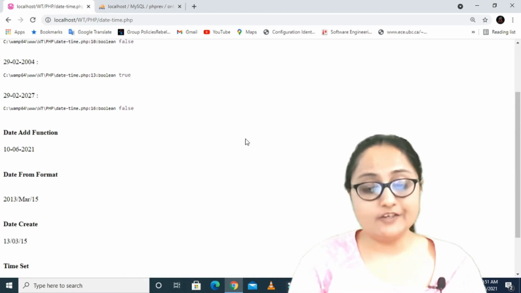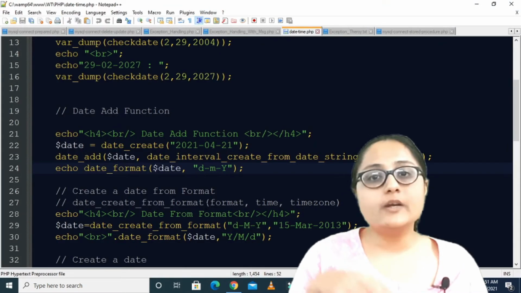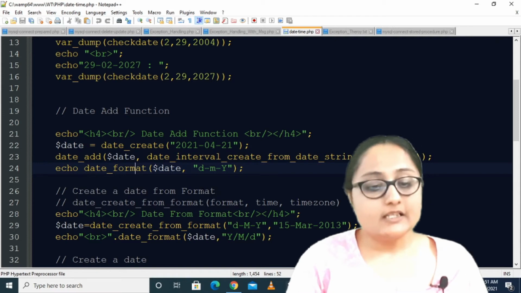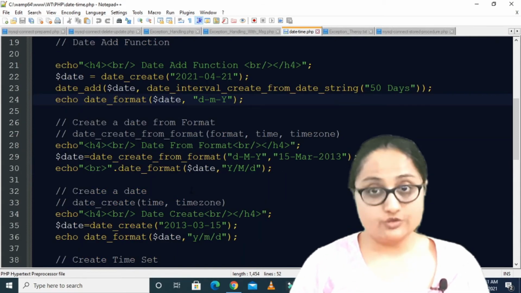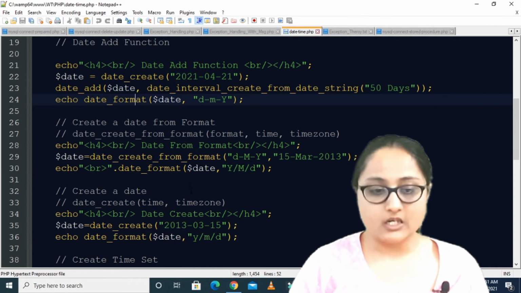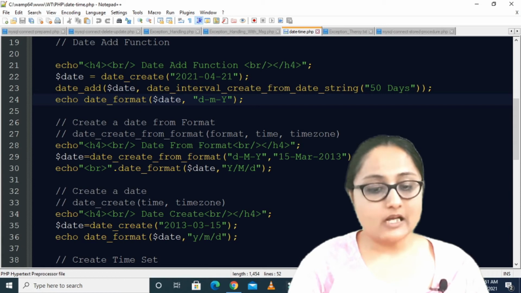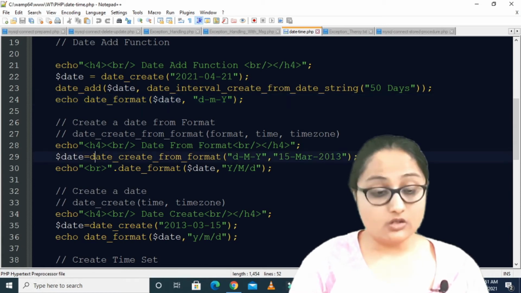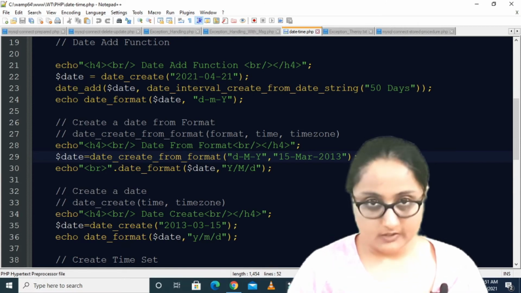Okay, so this is the second function which we have seen for adding some interval into an existing date. The next is if you want to create some date format, if you want to change the existing date format, you can do so. So for that again I have called this function date underscore create underscore from underscore format. So first you are specifying what is the format, right?